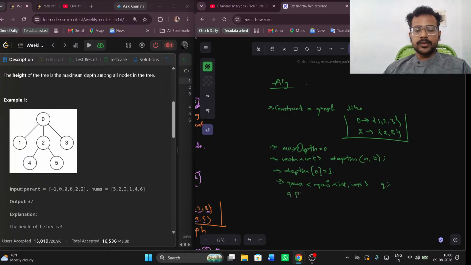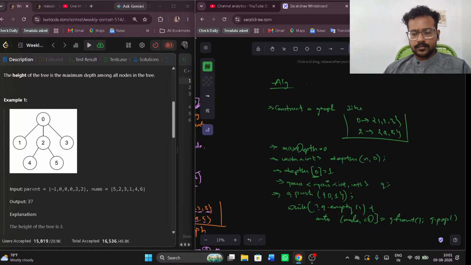So q dot push, the first node I know is 0 and the depth it has is 1. So q dot push this, that's it. Now while the queue is not empty, we'll take auto node comma current depth is equal to q dot front, and we'll just remove